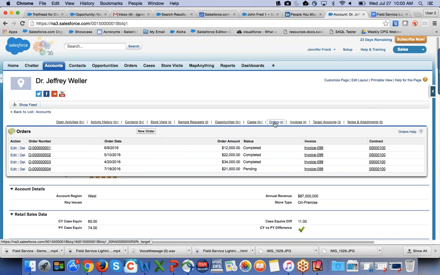Next piece, underneath Dr. Weller, you have the orders. This is where your integration would come in, is any type of ERP data you want to expose into Salesforce through either Lightning Connect or Salesforce Connect, you can expose that information directly. And you can have bidirectional updates, so if there's a change in order, you can actually manipulate the order from Salesforce and have it update your ERP system. But if you choose not to, just the ERP is a system of record, you can just expose